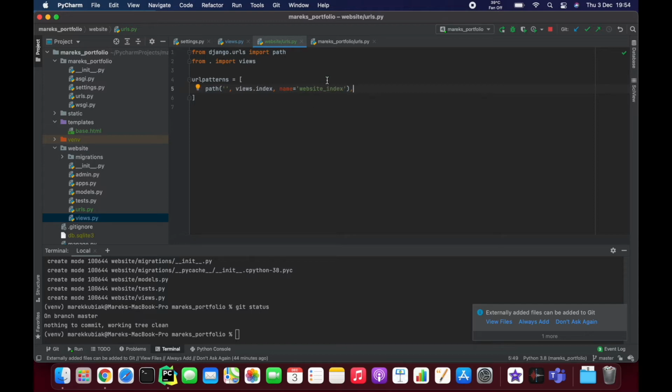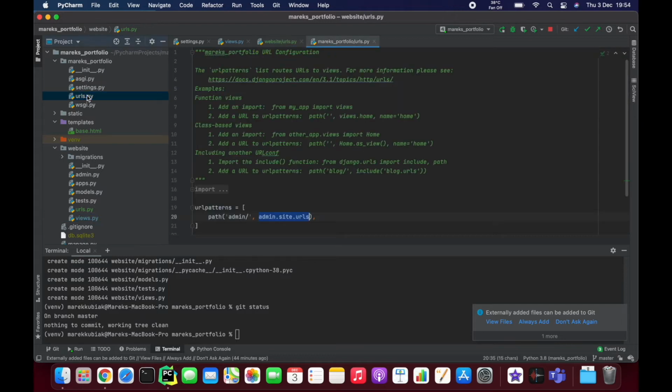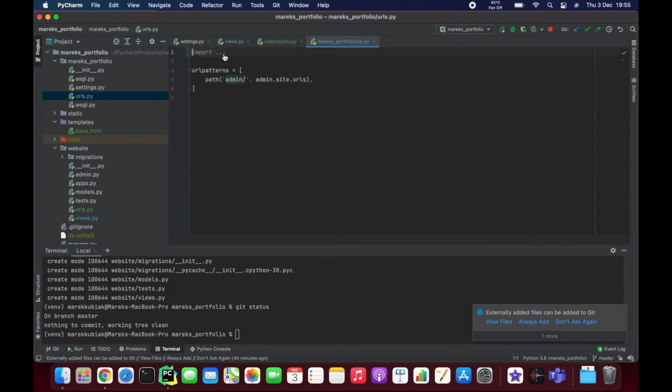Okay, so now the last bit is we need to tell the main URLs, and I'm going to delete that because it's just annoying. Okay, so we have admin, we stick to admin, and we want to add a new line. So I'm going to just duplicate this one, and also nothing, because it's a cascading system here. So if I put something like website here and then slash,